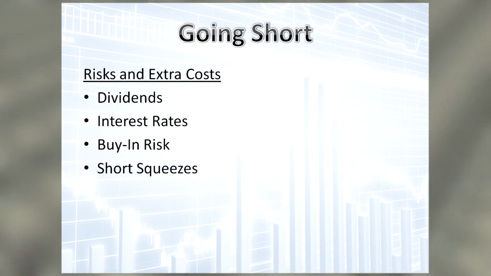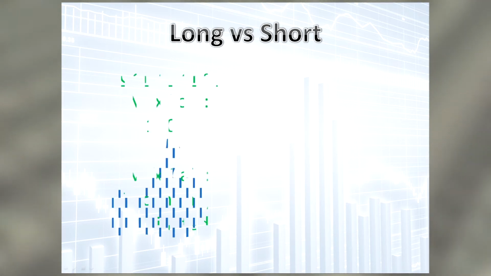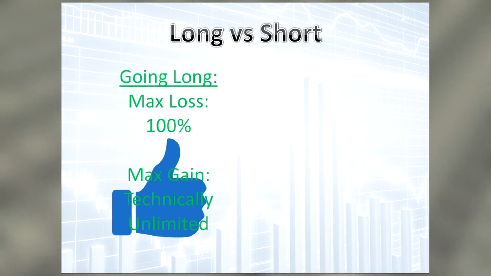By far, one of the biggest risks involved when shorting a security is the potential for price increases. Remember what I said for a long position. The most one can lose when going into a long position is 100% of your investment. That means that if you bought a stock at $20 a share and the price drops to $0, you lose your $20. But if you were in a long position and the price doubles, triples, or even quadruples, you can make many times more than what you put into the position. Since stocks theoretically have unlimited upside potential, your gains are potentially infinite.